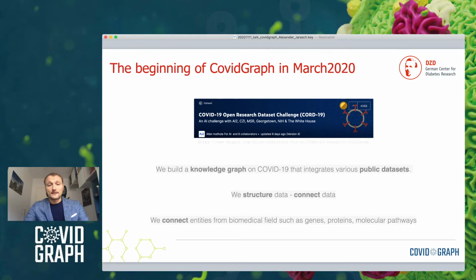And as I said in the beginning, we just took the zip file, we extracted that, tried to structure the bits and pieces that were titles, abstracts, authors, and so on and so forth. And we wanted to connect the data by the entities of the biomedical field, being genes, proteins, also clinical trials, and so on. And in the end, we wanted to provide a knowledge graph that is publicly available and is free of charge. And within the first week,